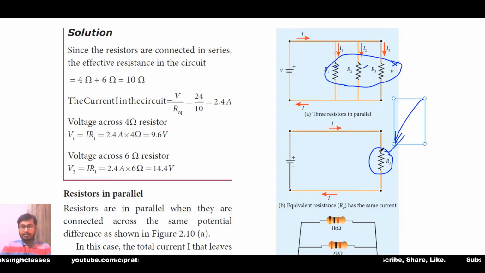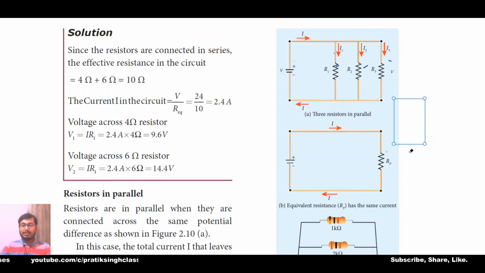So this is the resistance in parallel, or parallel resistor, and it is written as Rp. When we studied series, it was written with Rs, and when we study parallel resistance, it will be written as Rp. I hope you have understood the configuration of series and parallel very well, okay.